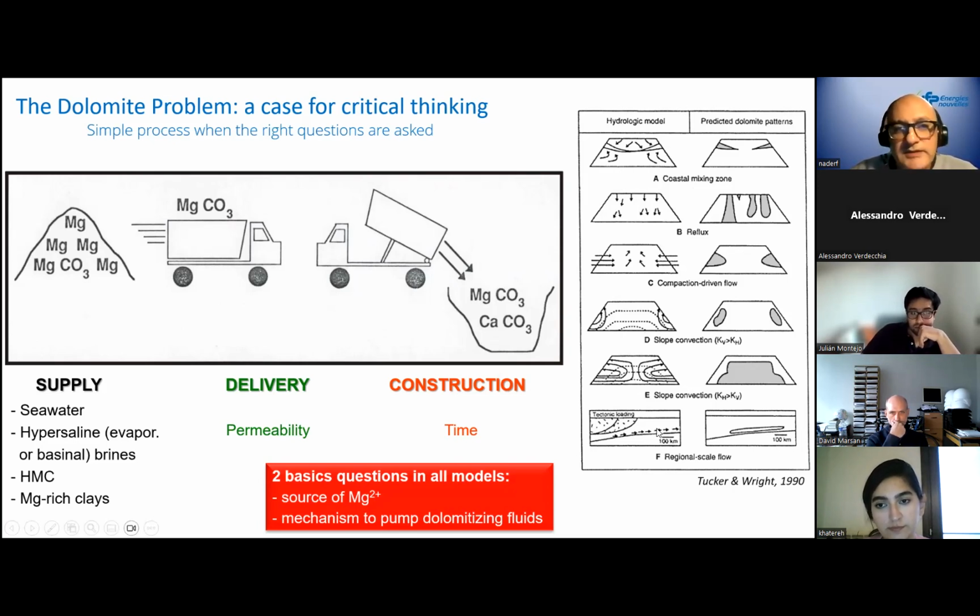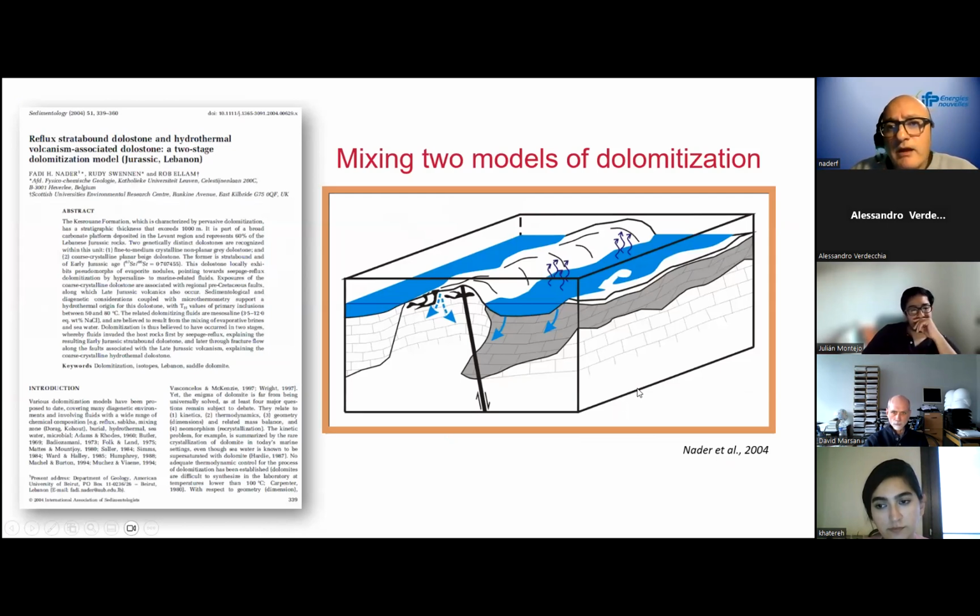So I took this during my PhD as a starting point. And I found out that in reality, I can have two models of dolomitization at the same time. I don't have to follow the bandwagon and take it only from one side. I can have multiple dolomite models together. So I published my work at that time, and it was really the highlight of my PhD,